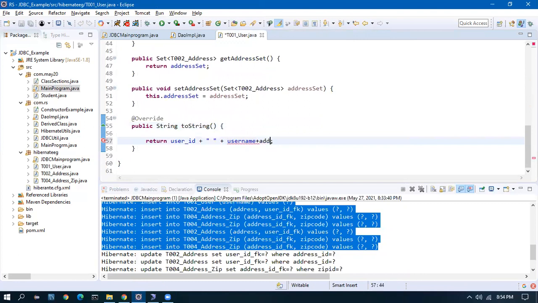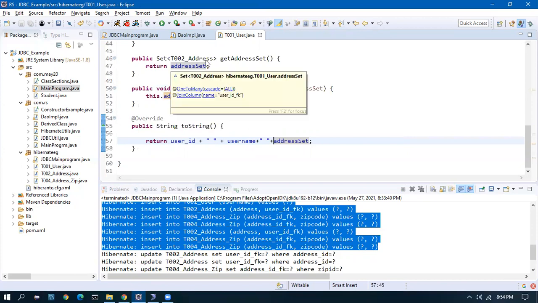I have to return the address set also. I will do this. The toString in detail I have done in video 2 or 3, I think, so you can watch it if you have any questions on how it works. I've explained it in detail.